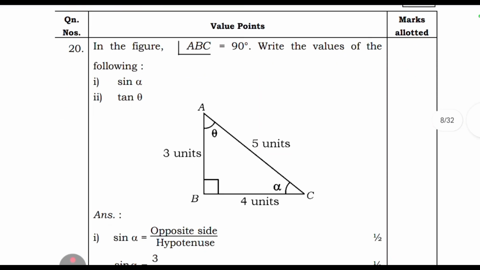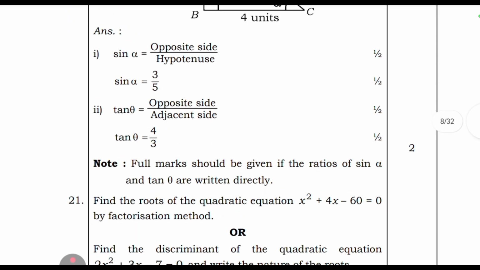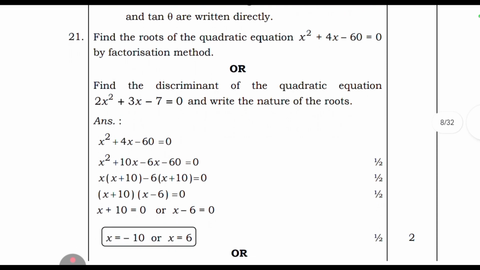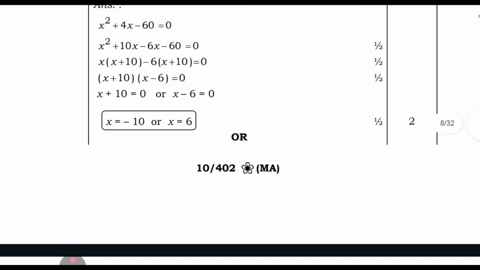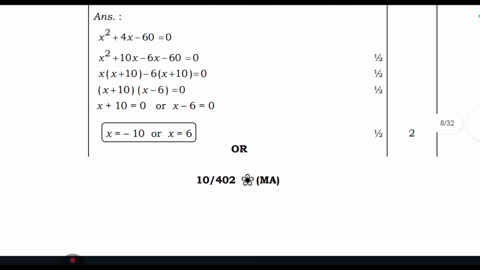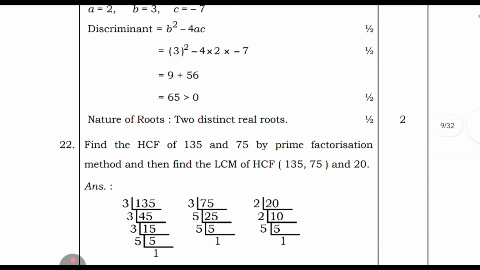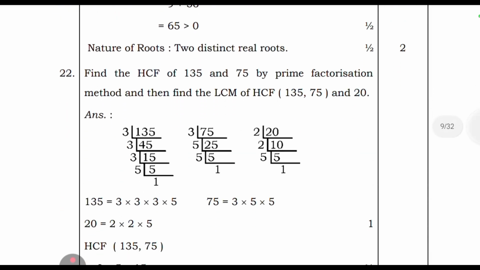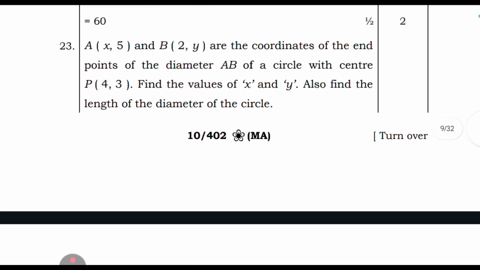Coming to the 19th question, this is from the trigonometry lesson. You have to find it by this method. The 20th question is a quadratic equation, where you have to find the value of x. Two roots means two quadratic factors, that is x minus 10 or x is equal to 6. In this manner. Then come to the 22nd question, find the LCM of 135 and 75 by the prime factorization method, and then find the LCM and HCF of 135, 75 and 20. This is a systematic way to answer the question. 23rd question,